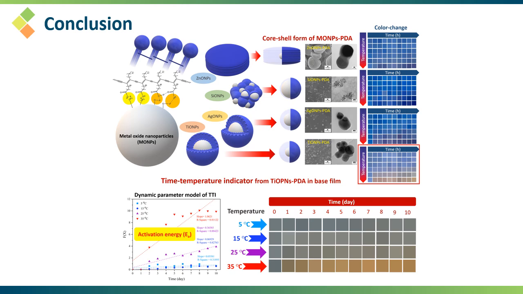Notably, the polydiacetylene shell with the titanium enlarged the surface area, resulting in the higher sensing of the color change from blue to red at 35 degrees Celsius within 94 hours. Consequently, the titanium oxide nanoparticle with the polydiacetylene film exhibits the potential as the time temperature indicator device for taking the time temperature